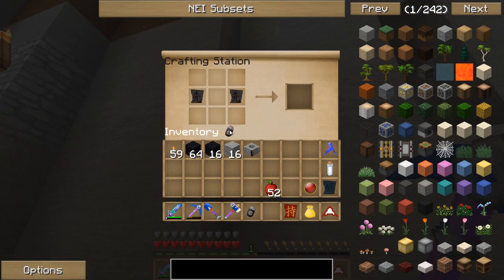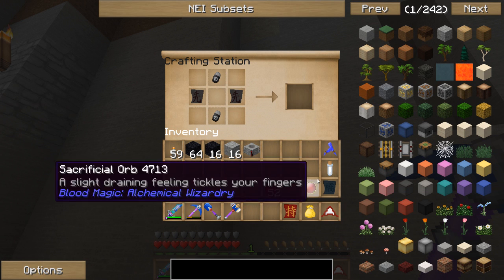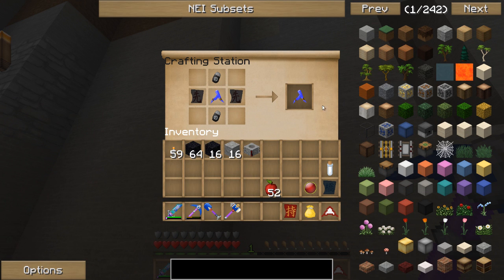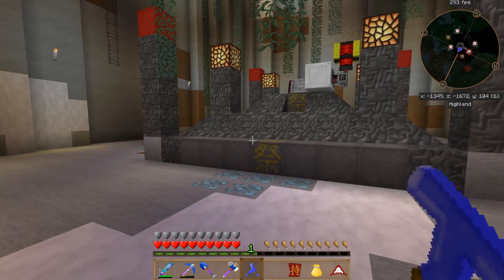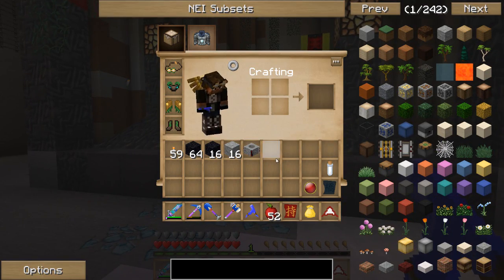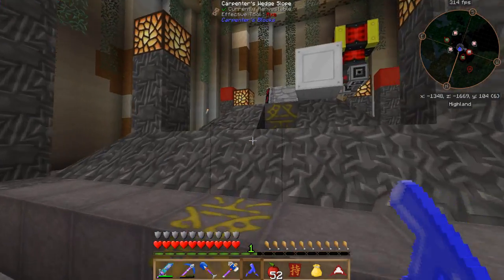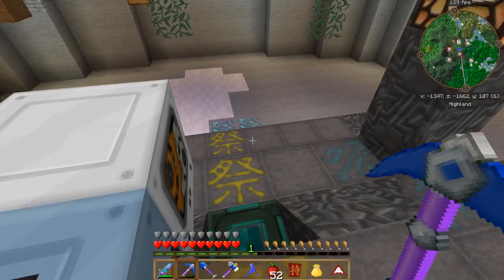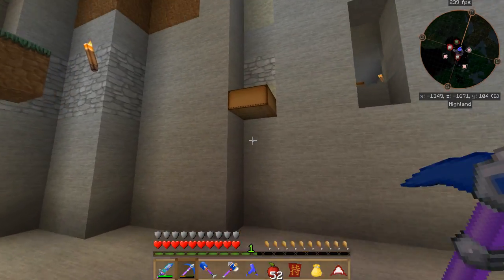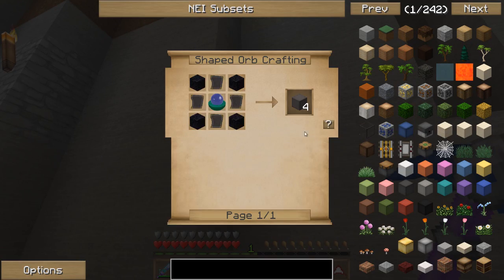2 demonic slates, 2 dusk inscriptions, and our ritual diviner in the center will give us our upgraded ritual diviner. Awesome. I like it. So I think it's time to actually put this guy to some use. Let's craft up some more ritual stones, and I'm going to need, I believe, some of our slates here, some reinforced slates. Got some more of those crafted up. And we're going to need,